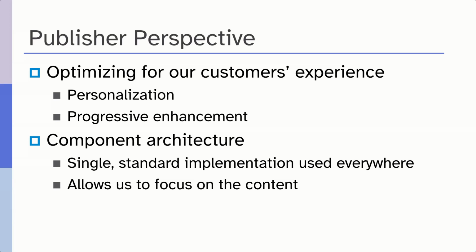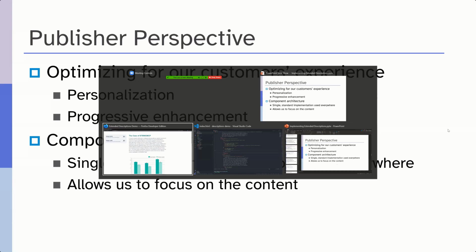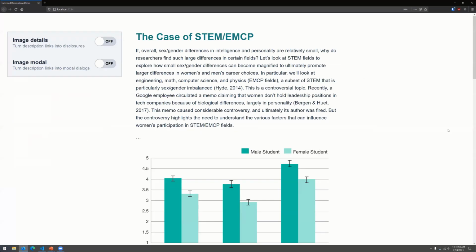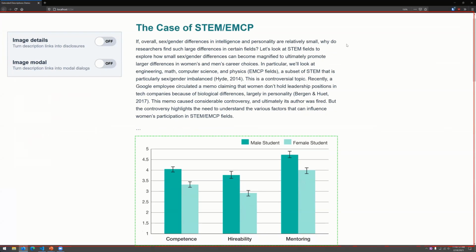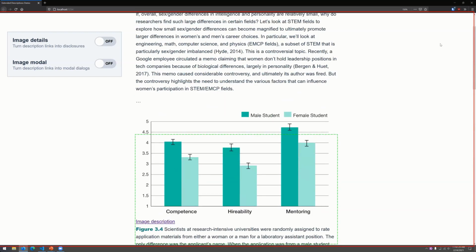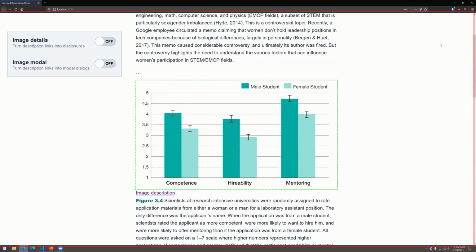All right, now I'm going to switch over real quick to a demo so you can see some of this in action. This is with NVDA, one of our books that has an extended description in it. I've simplified things here a little bit. "Figure. A double bar graph depicts competence, higher ability, and mentoring for male and female students. Graphic." There's the image with just the alt text, and just below that, "Visited link image description." I have the image description.